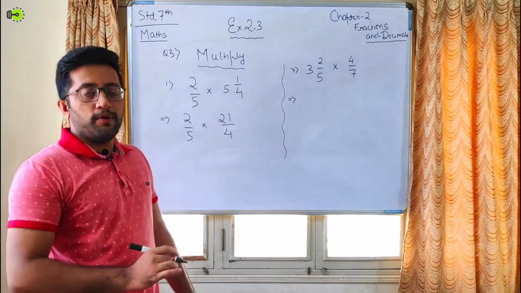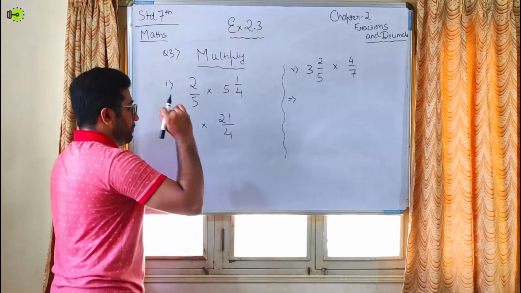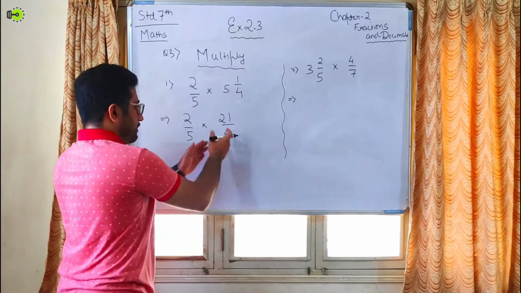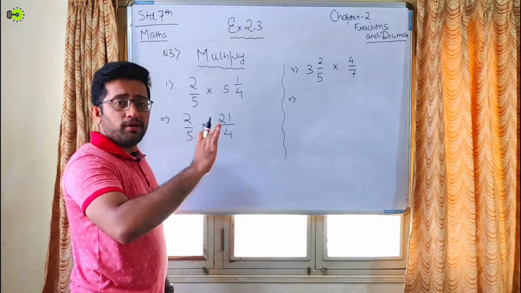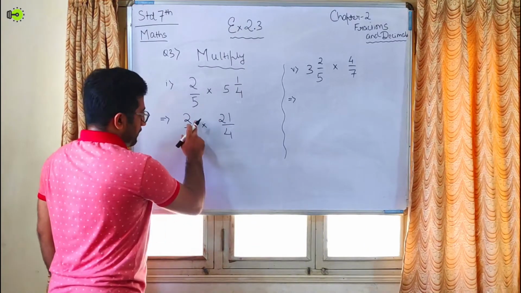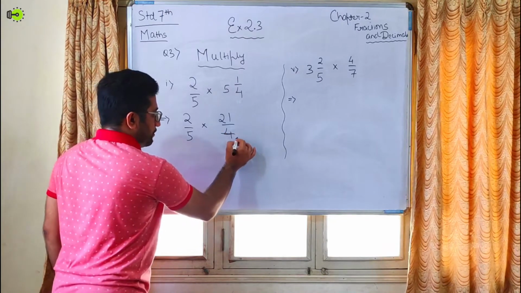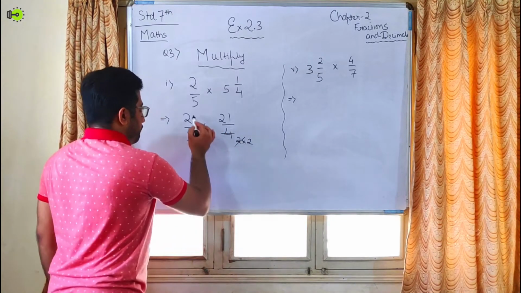Now the another step you need to recapitulate is, you need to make sure that if there is something in common in the sums, on the LHS side and the RHS side of the multiplication, you need to cut it out diagonally or vertically. So let us look at it. Yes, there is something in common. Here it is 2, here it is 4. We know that 4 is equal to 2 into 2. So cut out the common factors.